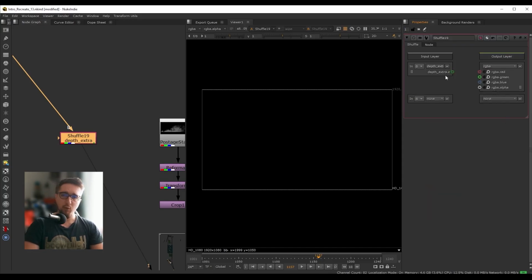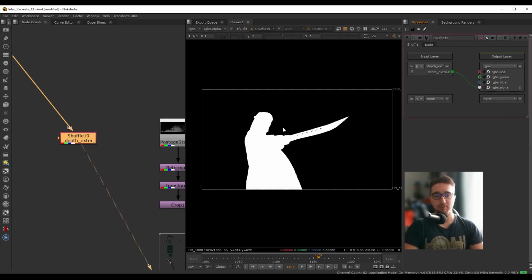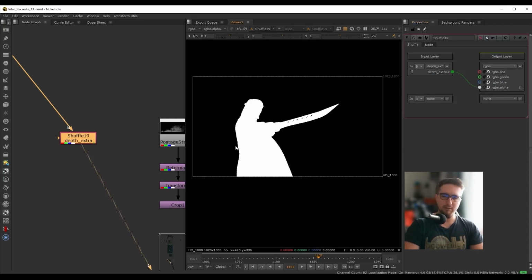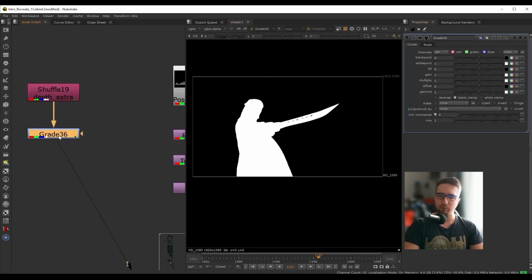So if I want to use this, now I mentioned that usually we place this inside the alpha if we want to use it as a mask. So if I press A, here we can see it, but in this case we have to take into account all this black space around our character. So I will place our depth in all of our RGB channels, and I'll explain a little bit more in a second. But now if I drop down a grade node and I keep this at RGB, I can lower the white point to squeeze in the ramp, and I can just push the offset in negative space over here